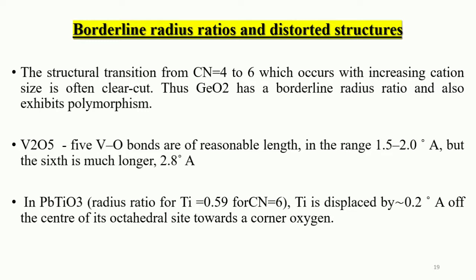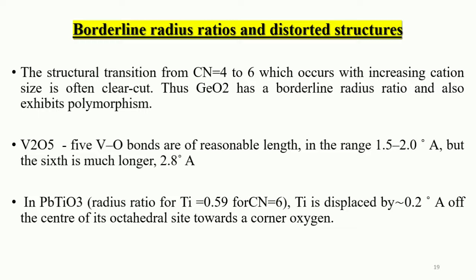In other borderline cases, however, distorted polyhedra and coordination number 5 are observed. Thus, vanadium V5 positive radius ratio is equal to 0.39, while coordination number 4 is 0.54, and for coordination number 6 it has an environment in one polymorph of V2O5, which is a gross distortion of